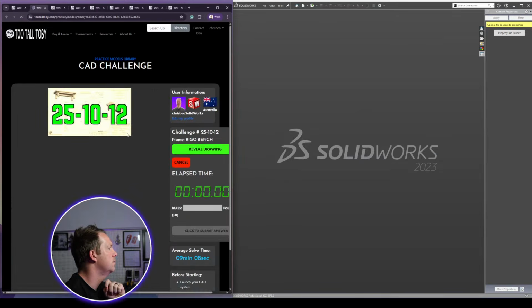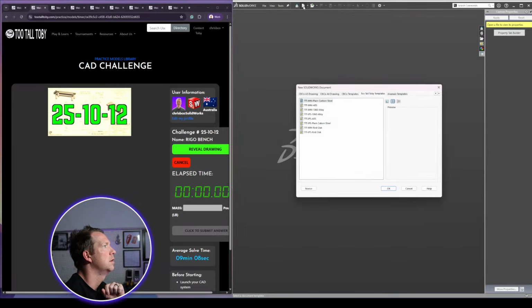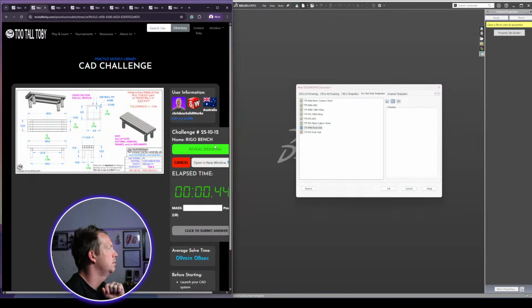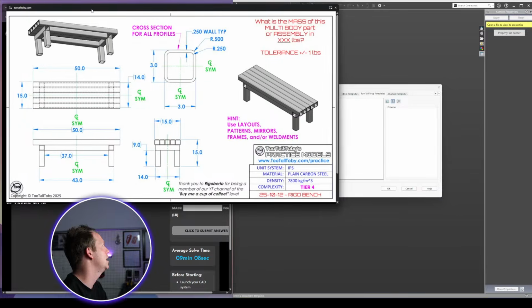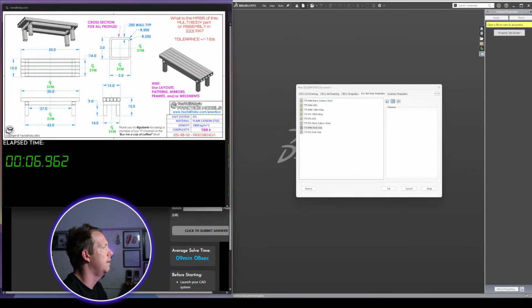Let's give it a go. It's a tier 4, so we will get into it. RIGO bench, is it going to be wood? Let's reveal and open it up nice and large. Okay,